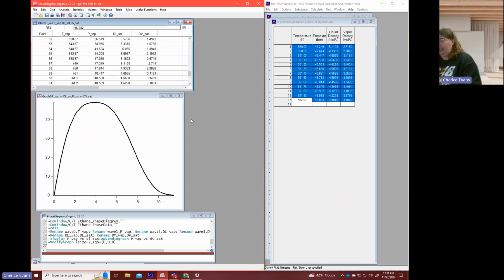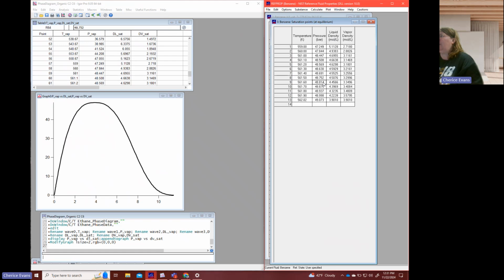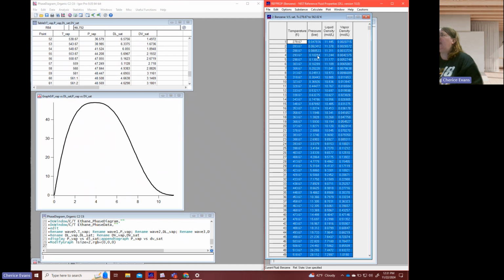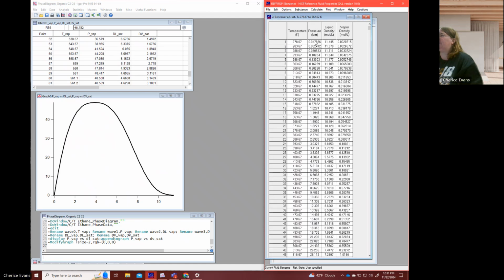I cannot get the melting line. We know the sublimation line is probably going to be really, really small. So that one we'll go ahead and ignore. And we know it's going to be really, really small because of the pressure at the triple point,